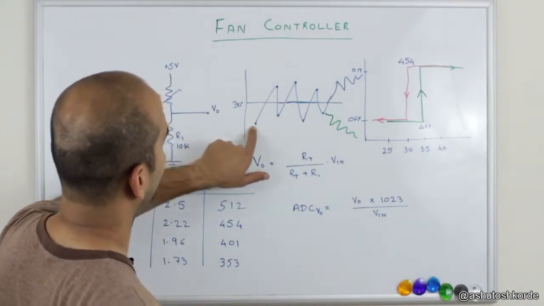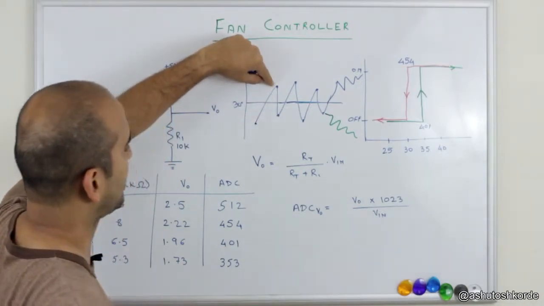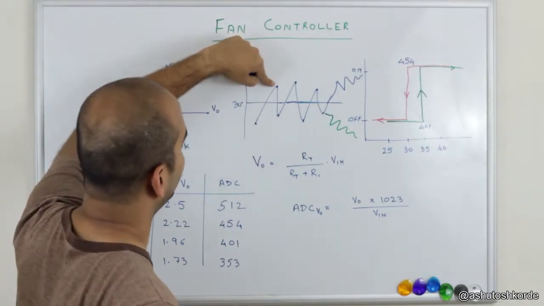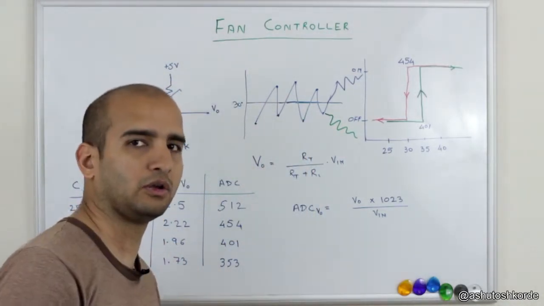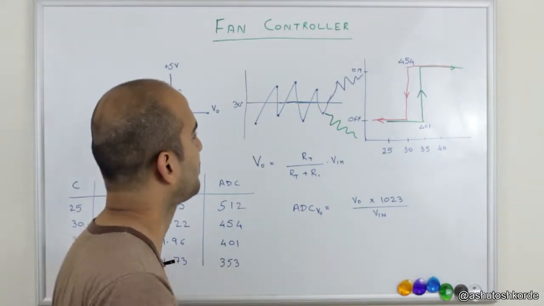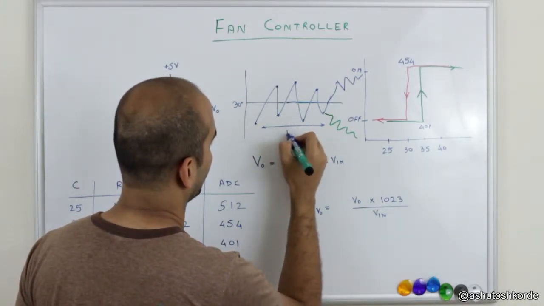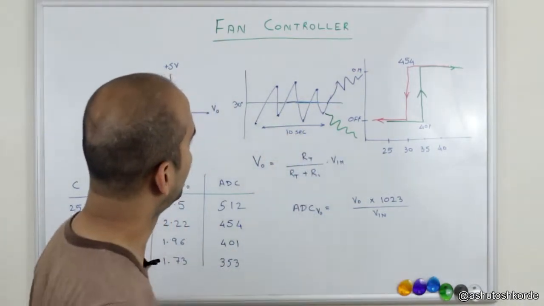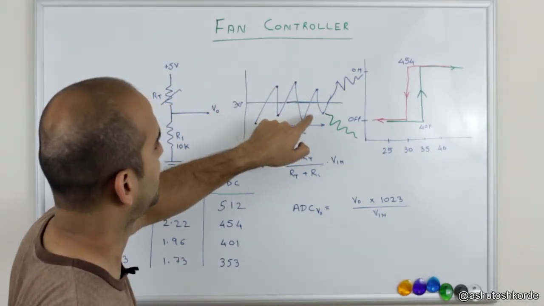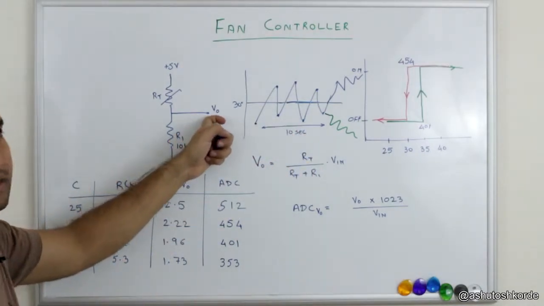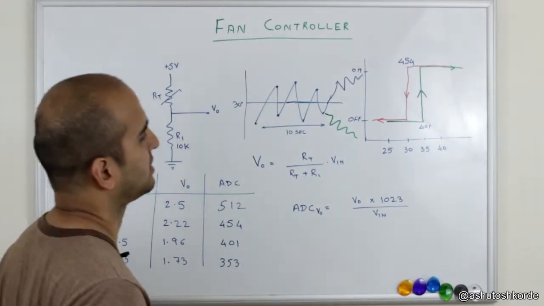Now in the first value we got something less than 30 degrees, so we don't turn on the fan. The next sample we get something above 30 degrees, we turn on the fan. But immediately due to the noise, we get a next value which is again lower than 30 degrees. So we turn off the fan. And during this period, which can be, let's say, about 10 seconds, all we are doing is continuously turning on and off the fan due to noise on the ADC line or noise on V0. And this is not an ideal scenario.